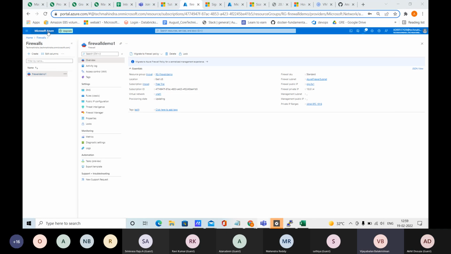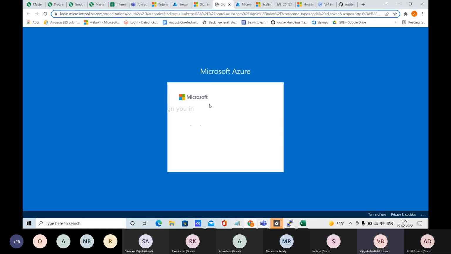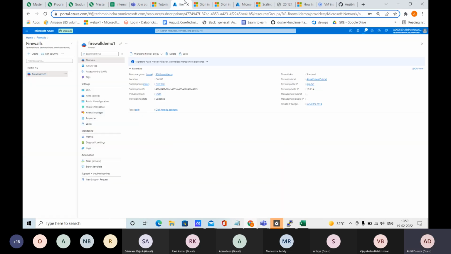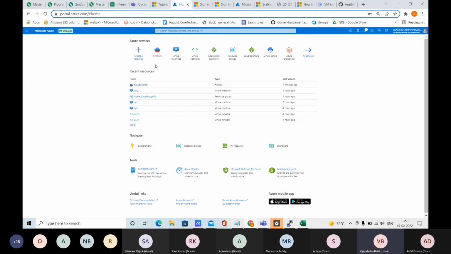The next window. Okay, you close all the others you don't want. Close it. Okay, this is going to take time. Can I just close this one? Yeah.